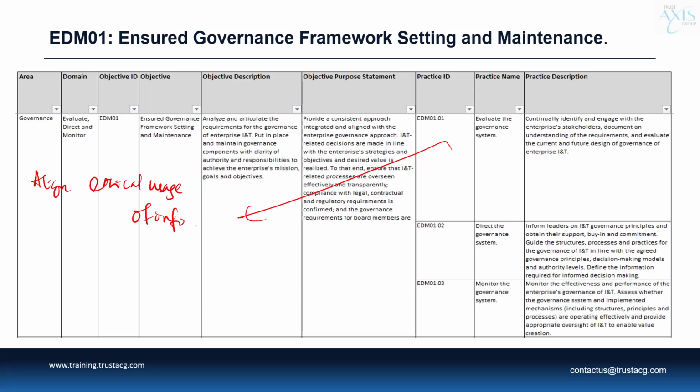Okay, now in an IT or digital first enterprise, right, where IT enabled services run the crux of the enterprise business processes,